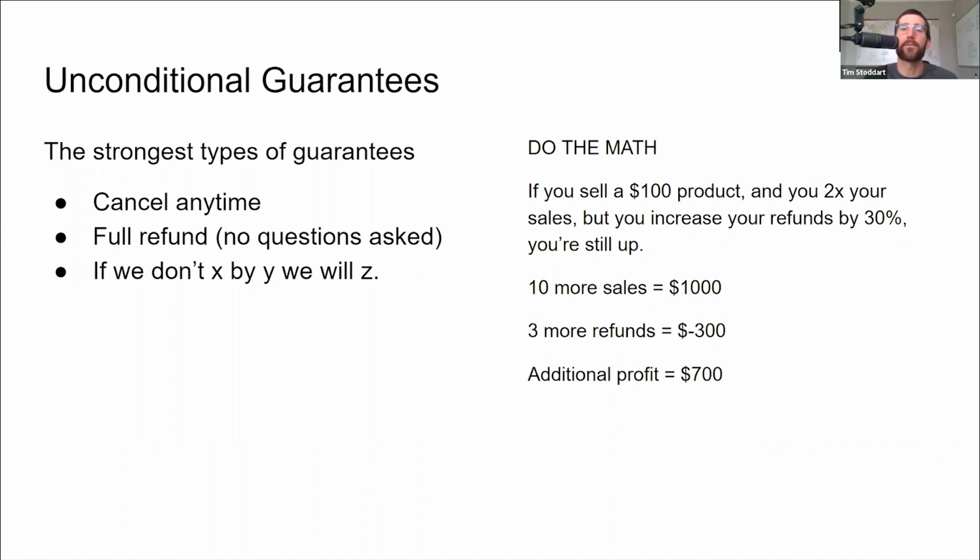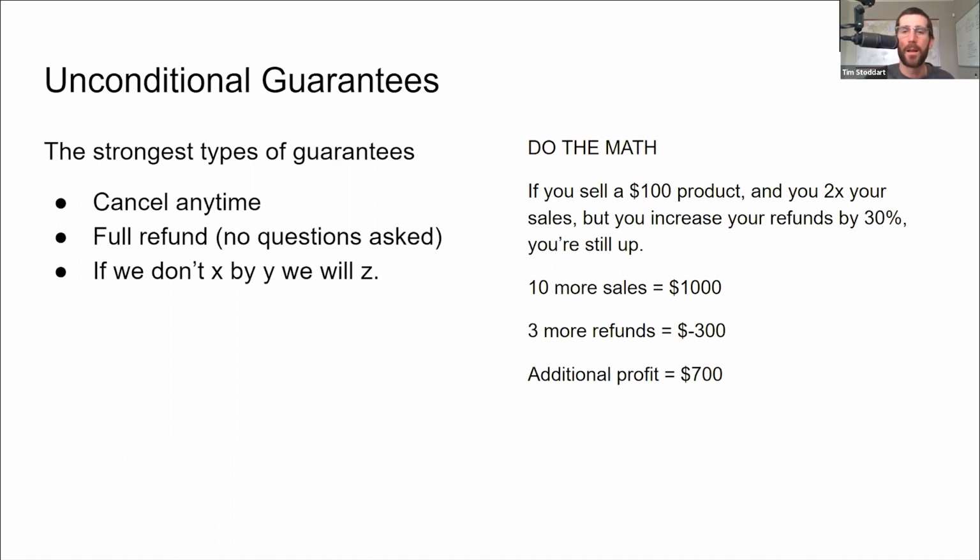Because the additional revenue that you generated by giving an unconditional guarantee is still going to put you ahead in the money. So you doubled your sales. So you made 10 more sales. You made an extra $1,000. Your refunds went up by 30%. So now you have an extra $300 a month in refunds. Okay, cool. Your additional profit is $700. I used even numbers here because I'm terrible at math, but the point is it's not risky as long as